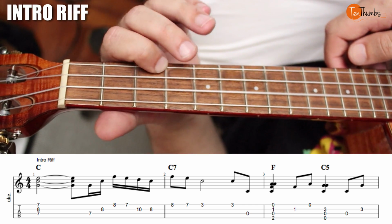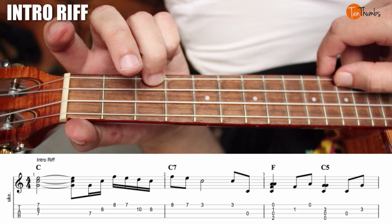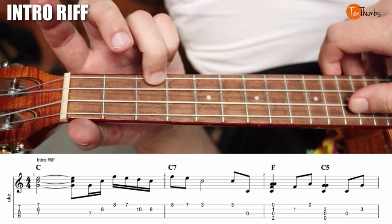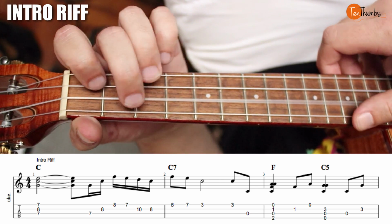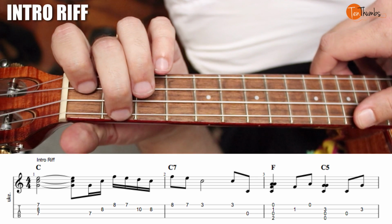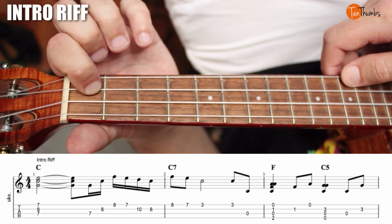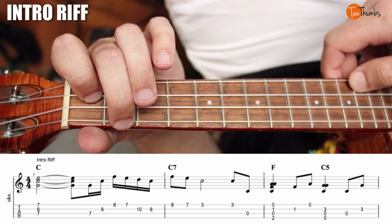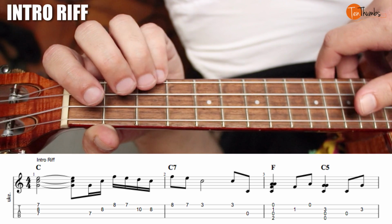Then from here, I actually like to switch to this finger here, and on the 4th beat, we're going to play the 3rd fret of the A string, and then the open C, 4, and then we'll make an F chord. From the F chord, we'll strum through on the 1 beat, 1, 2, we'll play the 1st fret of the E string, 2, and then open A, and to a C chord,